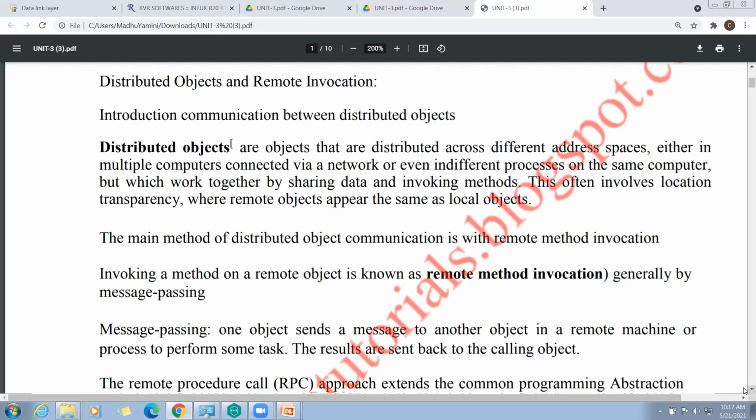The second important definition we need to know in this unit is remote method invocation. In distributed systems, remote method invocation is a remote procedure call which allows objects, meaning the software components treated as objects, stored in the network to be run remotely.